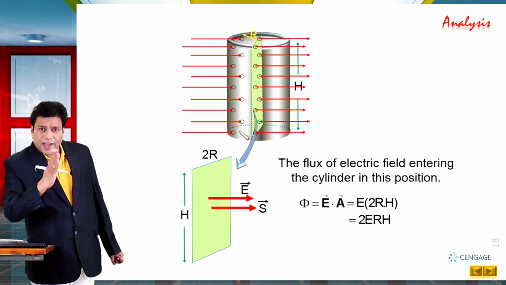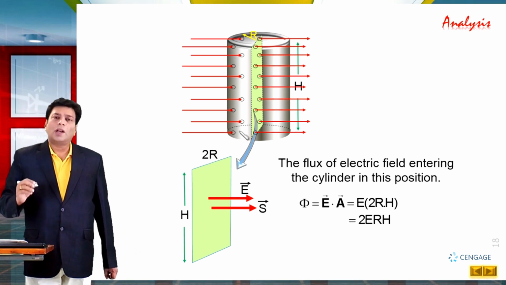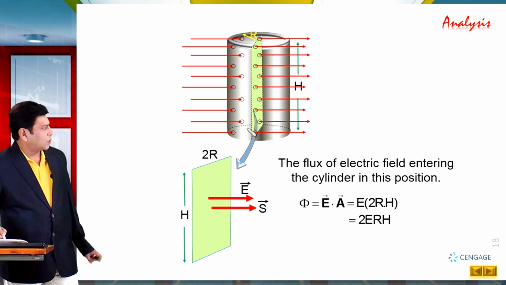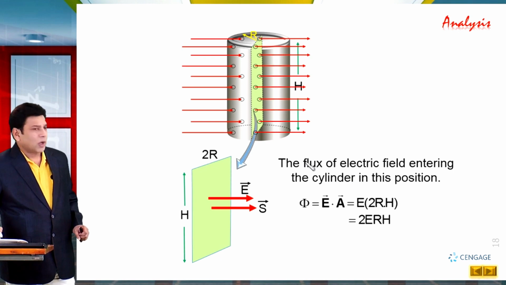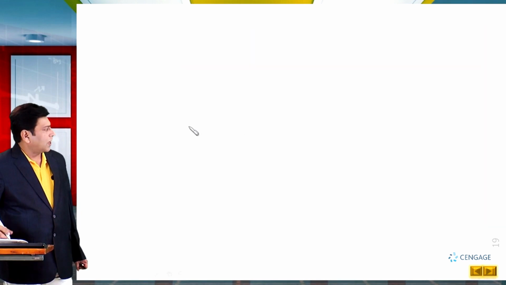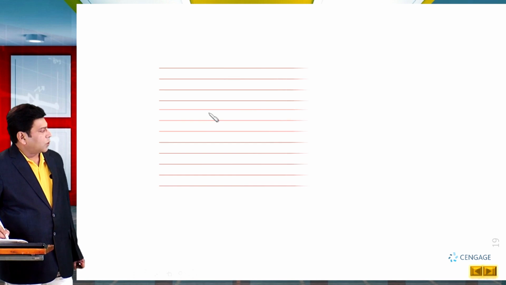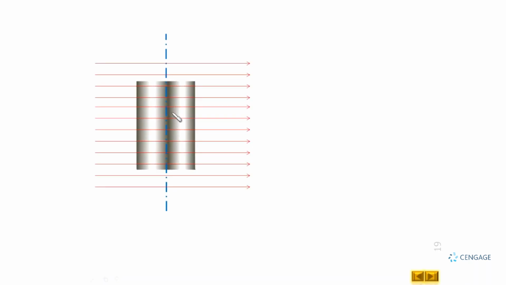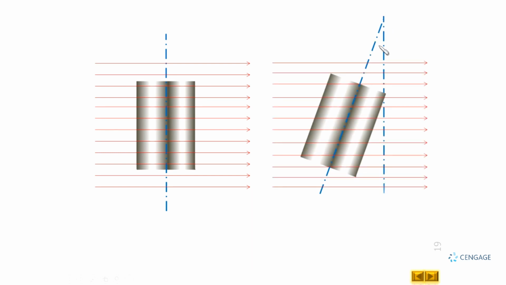We tilted the axis at angle theta. So let us consider this situation in a two-dimensional plane. Let us take the front view at the vertical orientation and tilted orientation. Let us make this situation first for the vertical orientation in a two-dimensional plane. Now let us make the cylinder in tilted orientation, and we know this angle is theta.